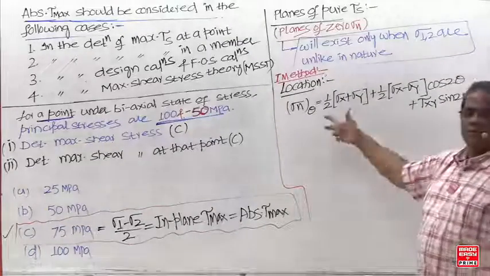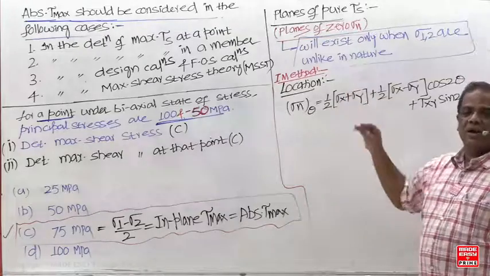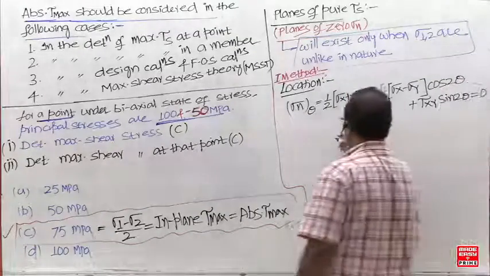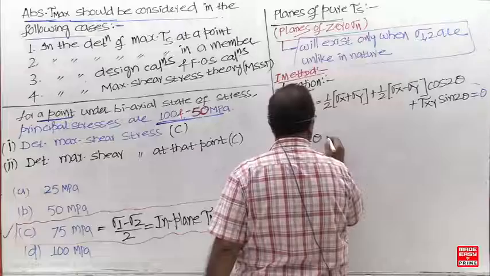Here, because of this constant, you will not get tan 2 theta or cos 2 theta directly. You have to solve it now. So here you will get the